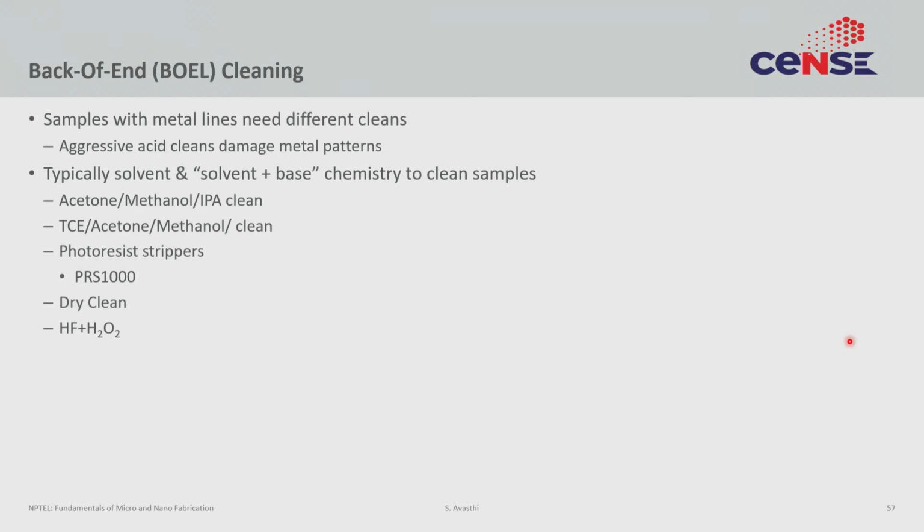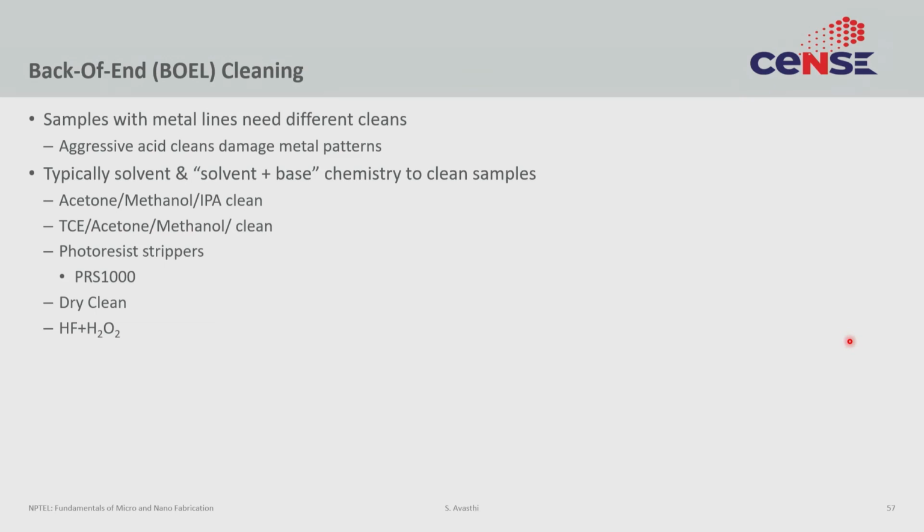Finally, some back end cleaning. I also want to define what back end is. So, in a typical processing, you start with, as we discussed, there is a contamination protocol. You start with the cleanest tools and then go towards the dirty. Similarly, in the process flow, you start with the steps that need to be the most critical, the steps that require the highest purity, and you tend to do all the metallization towards the end.